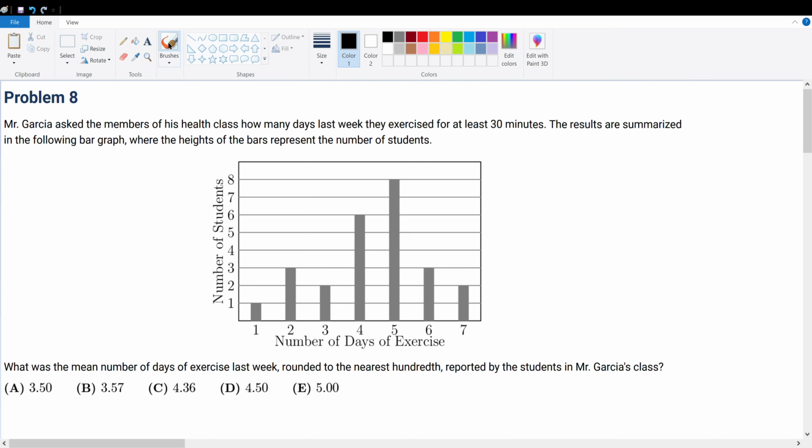Problem 8. Mr. Garcia asked the members of his health class how many days of the last week did they exercise for at least 30 minutes. The results are summarized in the following bar graph. The heights of the bars represent the number of students. What was the mean number of days of exercise last week, rounded to the nearest hundredth, reported by the students